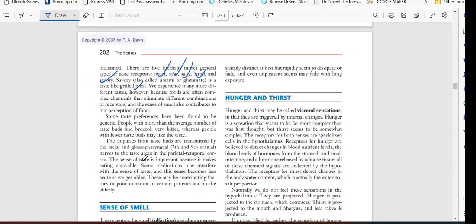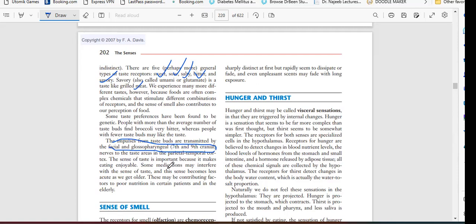Some preferences have been found to be genetic. People with more than the average number of taste buds find broccoli very bitter, whereas people with few taste buds may like the taste. The impulses from the taste buds are transmitted by the facial and glossopharyngeal nerves, the seventh and ninth cranial nerves, to the taste areas in the parietal temporal